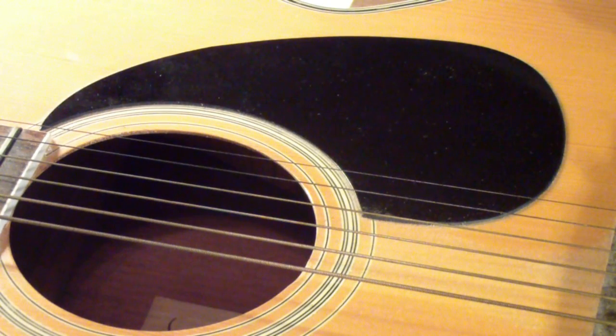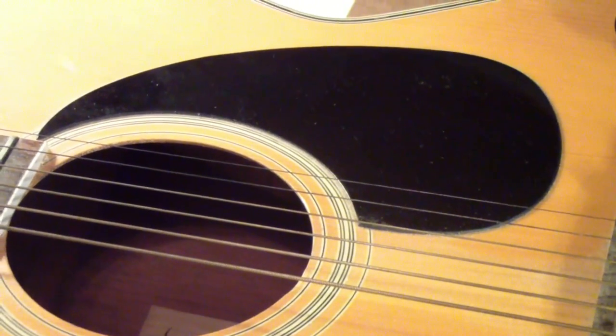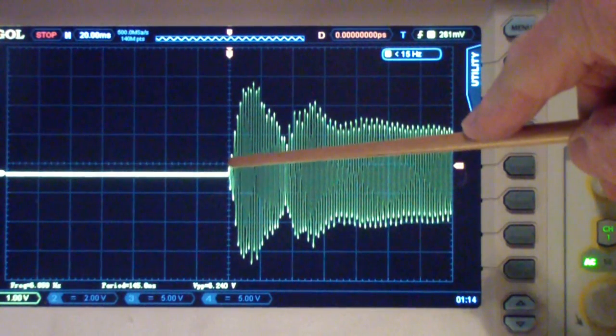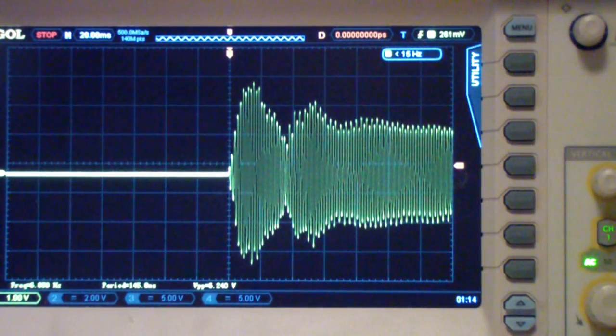Notice how at first the sound is quite loud, then it seems to die out, or at least die down, and then there seems to be a bit of time where it continues at the same frequency. That is called sustain. So let's take a look at that on the oscilloscope. Here you see the attack, and notice that, let me spread this out a little bit,